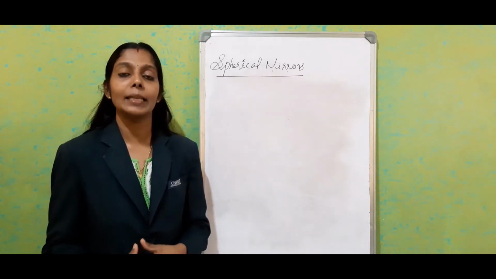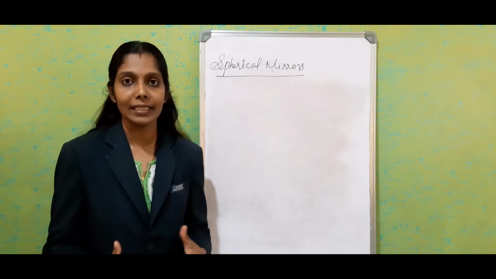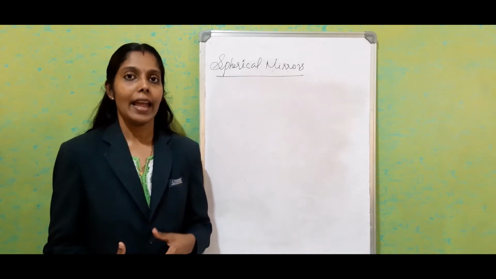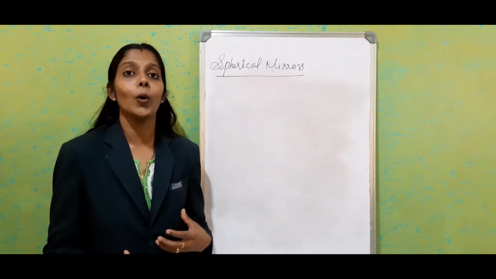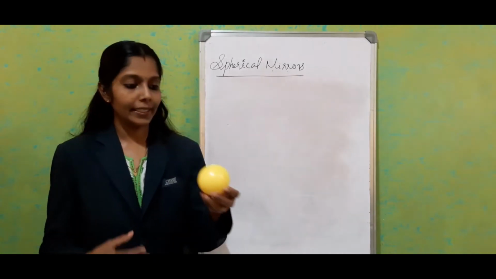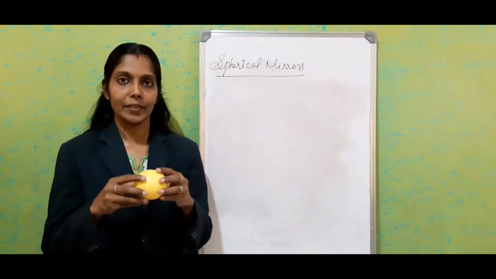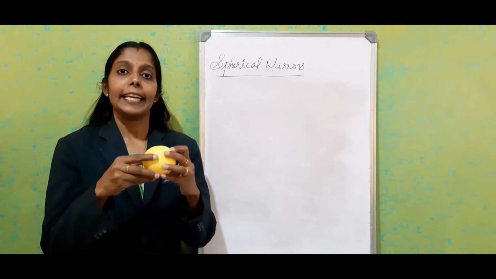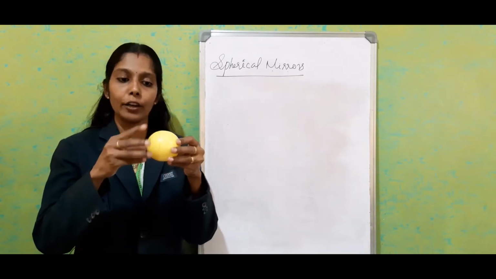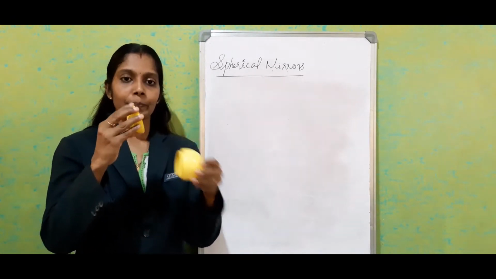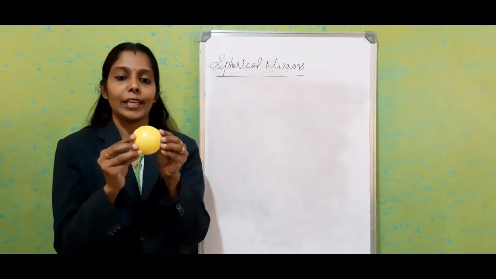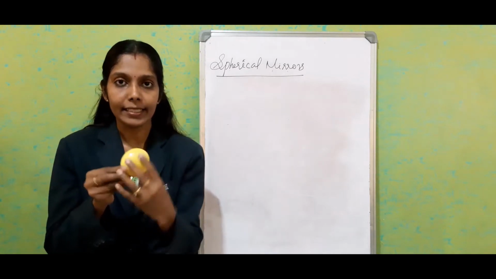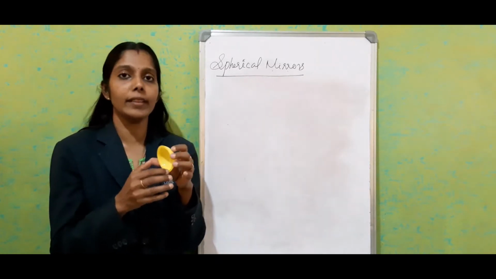Spherical mirrors are mirrors where one side is coated with silver oxide or mercury, and it's a part of a hollow glass sphere. Just consider this ball as a sphere. Sphere means, you know what is a sphere. If we take a part of this sphere this way, this part is what we use as a mirror. So one side, either this side or inside, will be coated with silver oxide.